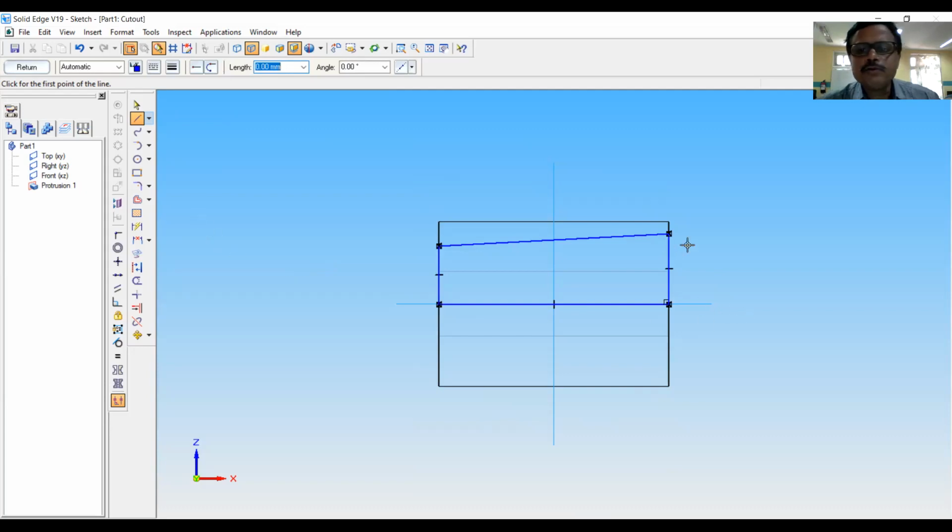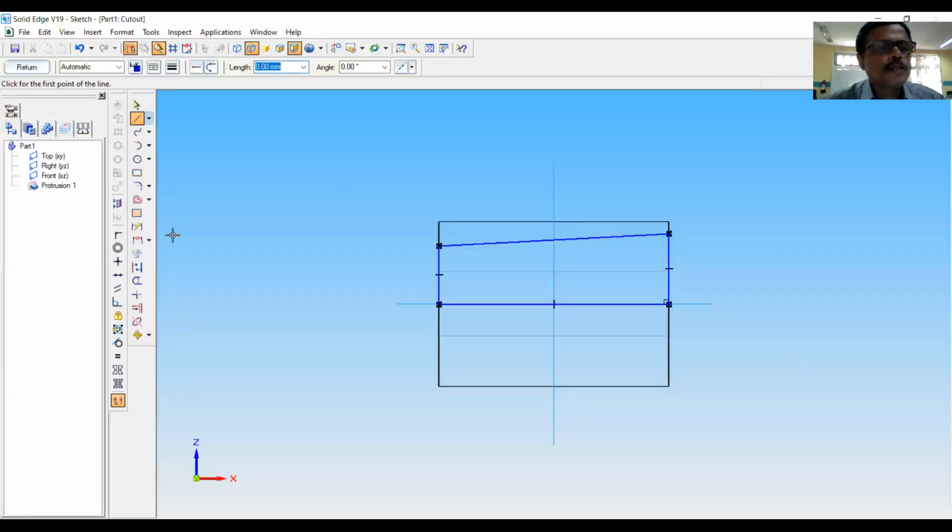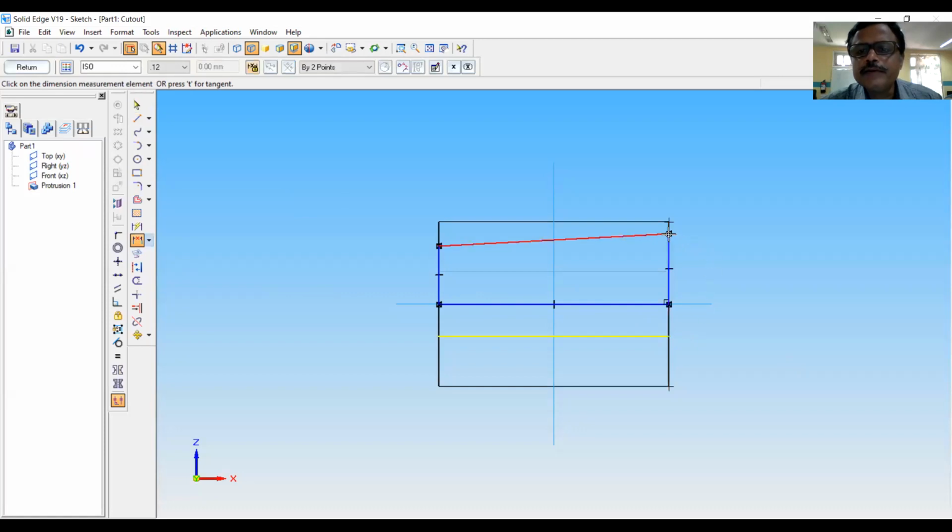Now we have to enter the dimensions, or we have to enter the equation. This distance we have to enter. So just see what we will do. Distance between from here to here. From here to here. Show the distance. Similarly, distance from here to here. See, the top line is tapered. That is for the keyways.